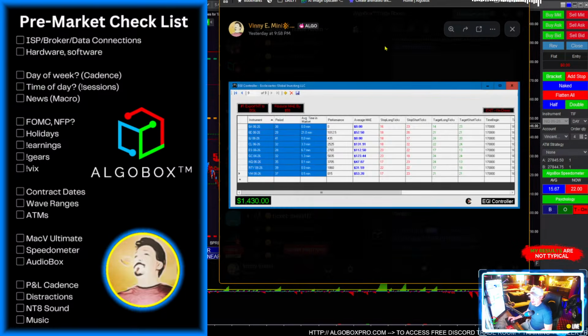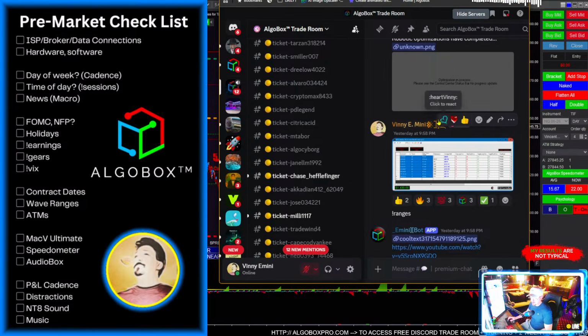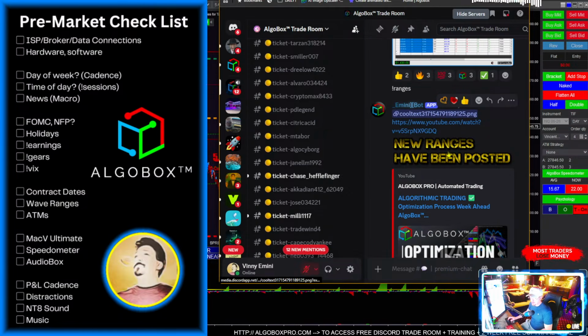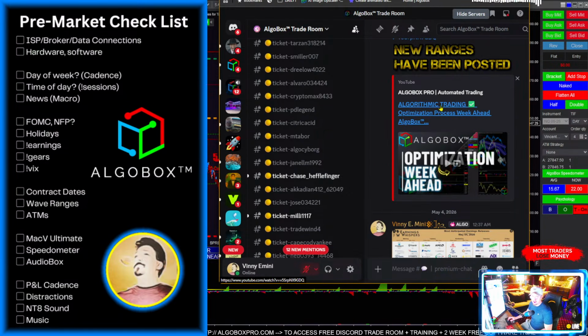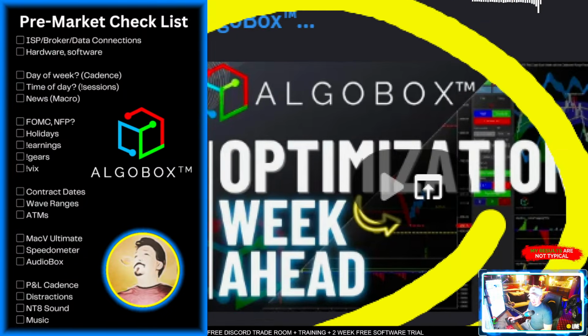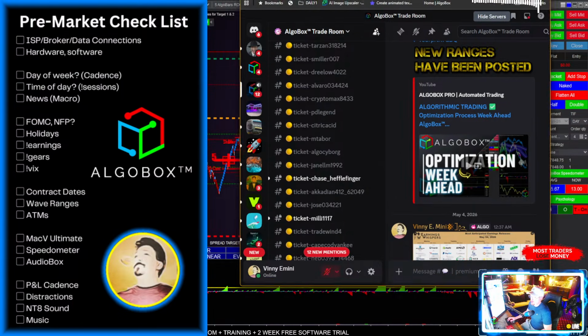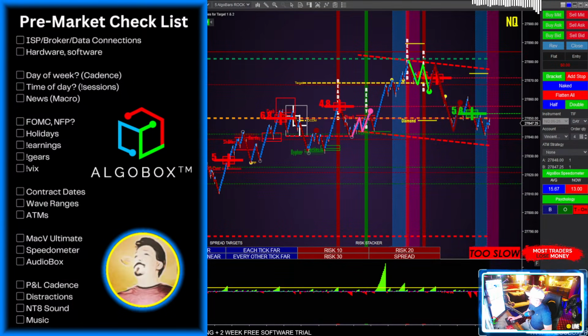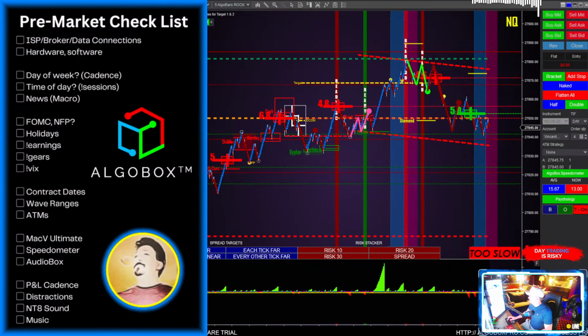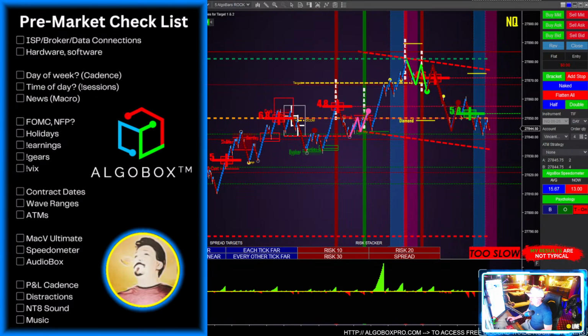And we've got a video on how to change those as you are coming into the chat. If you want to go, okay, what do I do with these new ranges? Here is a video right here, optimization for the week ahead. So we've run the optimizations for you, so you'll know what the optimized range is going to be, where some of those best plays will be coming, or kind of that wave range targeting, something that's going to be 50 to 100 ticks for the targeting off of one of those charts. If a play setup shows up on that optimized range, generally I'm going to be looking for around 50 to 100 ticks for those moves.